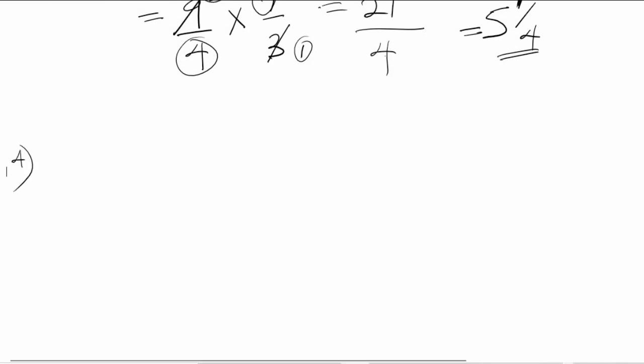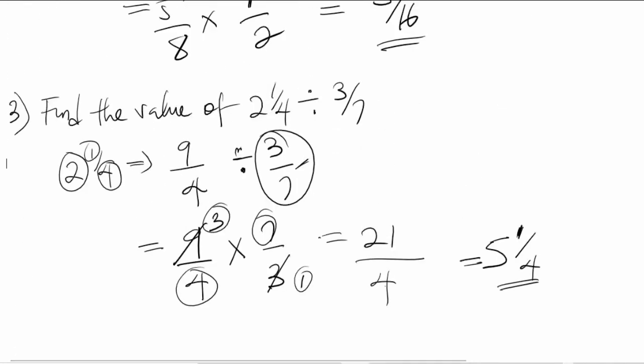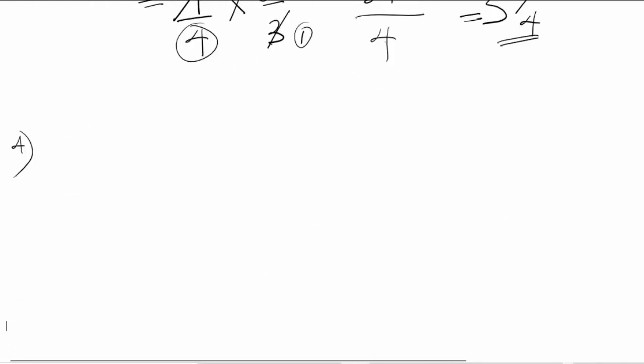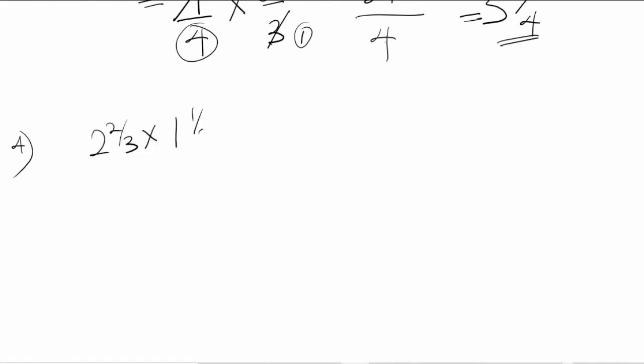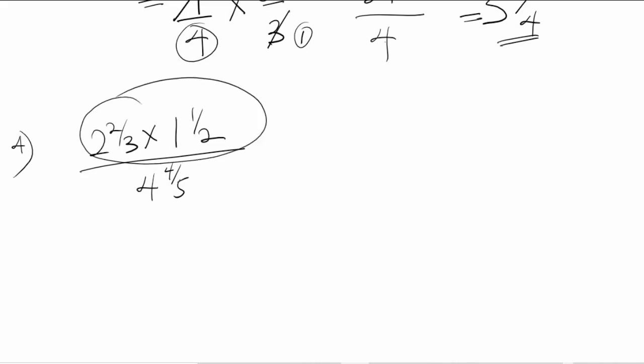Let's take the last example. Now simplify this: 2/3 times 1/2 divided by 4/5. So let us work on the numerator first. This is 2/3 times 1/2, which will be